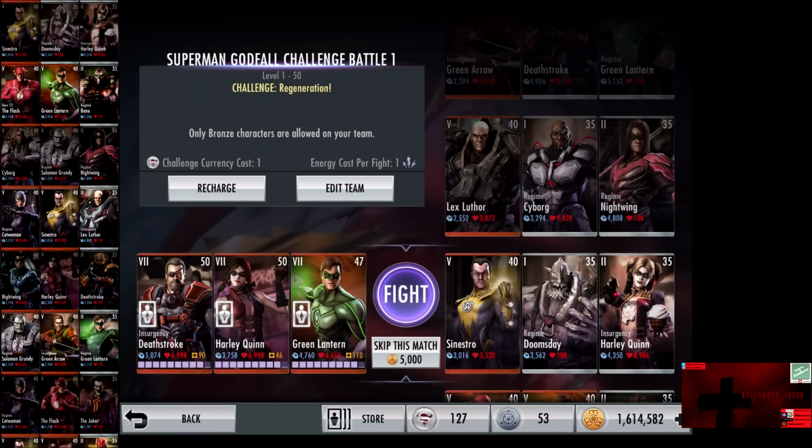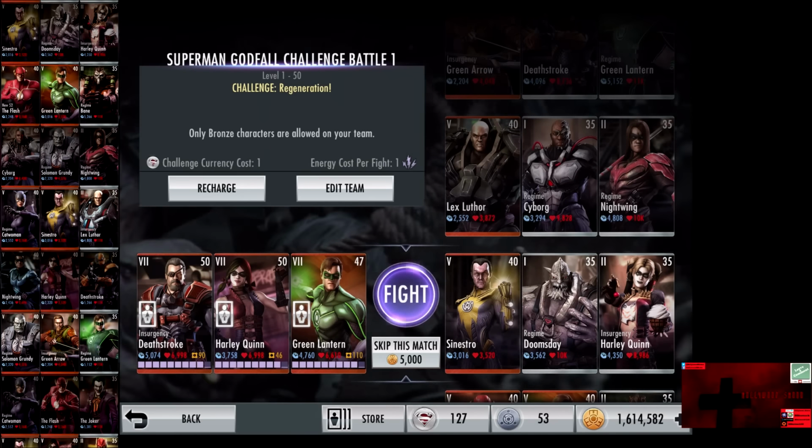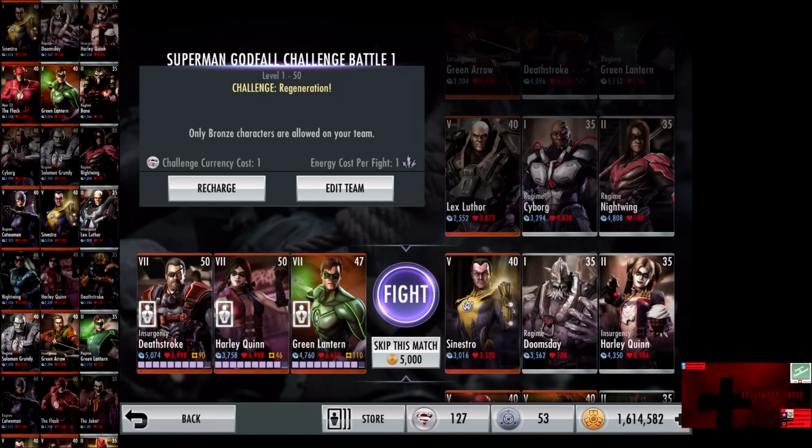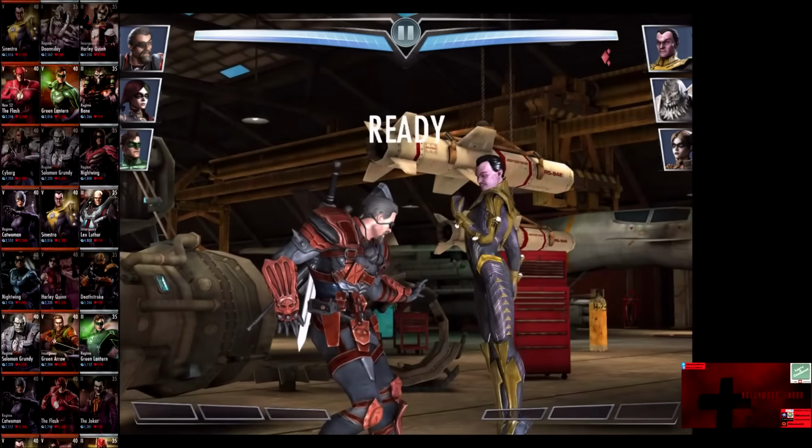In the 8th matchup, we have Challenge Regeneration going up against Sinestro, Regime Doomsday, and Insurgency Harley Quinn. The middle card turns into a level 35 Elite 1 Silver. Skip the match is 5,000 credits. 10% damage is in play, and